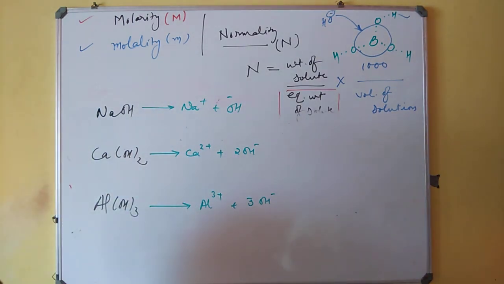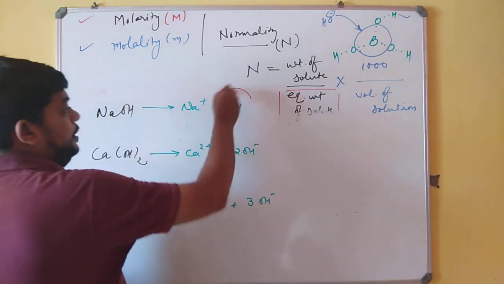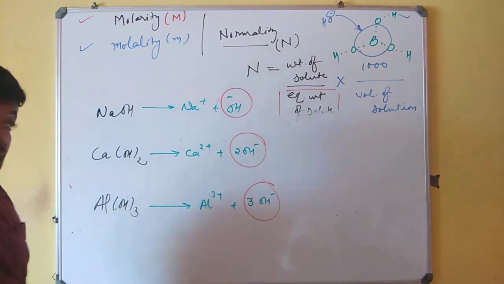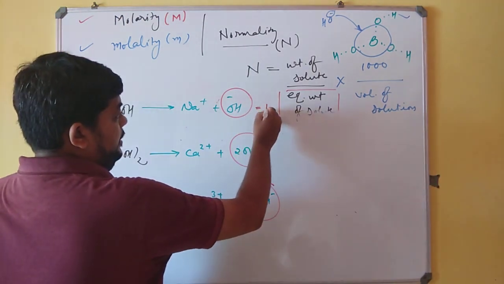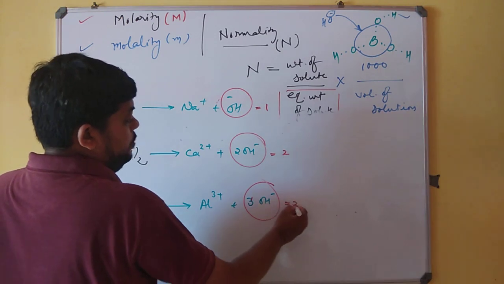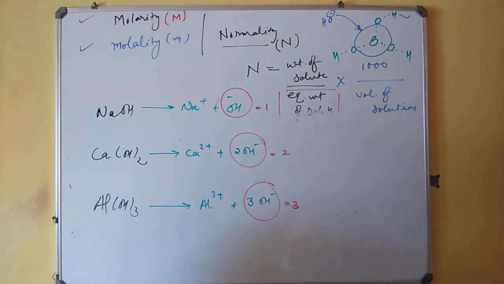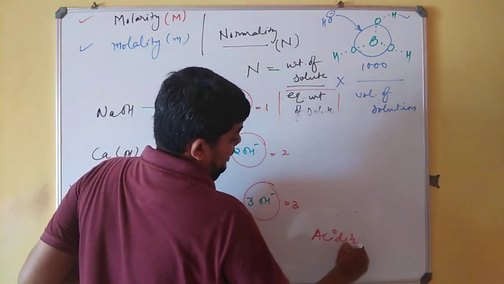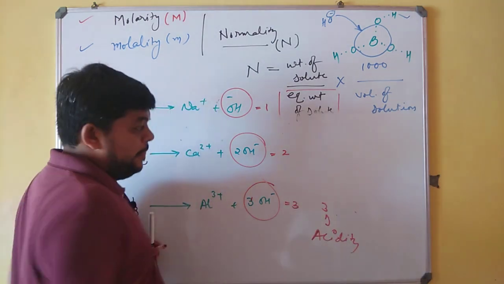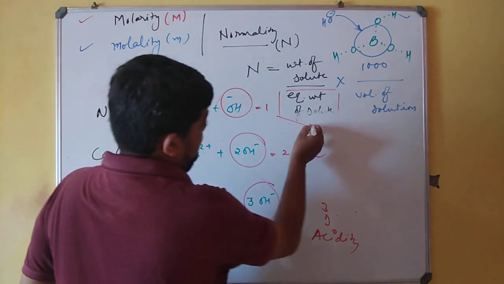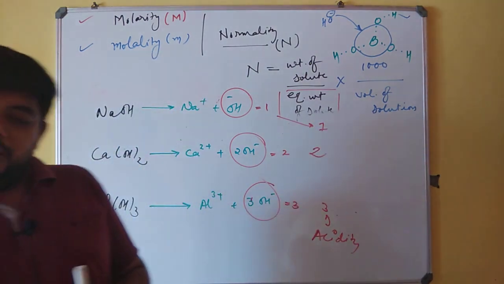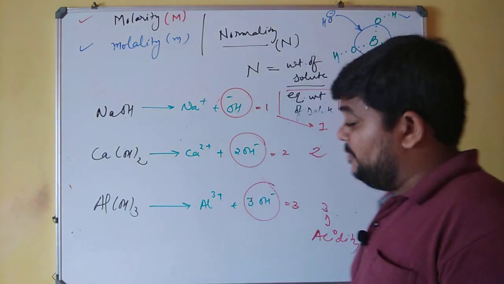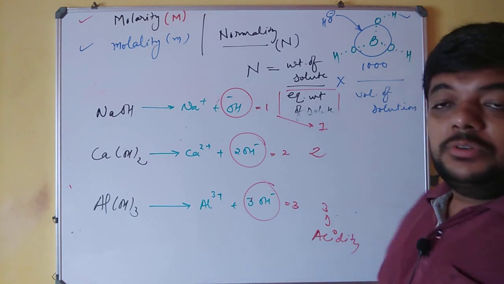Now you can see from the quantity of OH minus liberated, over here the quantity is 1, over here the quantity is 2, and at this point the quantity is 3. So as 1 OH is liberated, its equivalence is 1, its equivalence is 2, and its equivalence is 3. Where the equivalence is 3 for a base, it is always coined as its acidity value. So over here the acidity will be 3, over here the acidity will be 2, and for this the acidity will be 1. So remember, the equivalence for an acid was called basicity. Similarly, an equivalence for a base will be called acidity. So these are the values of its acidity.